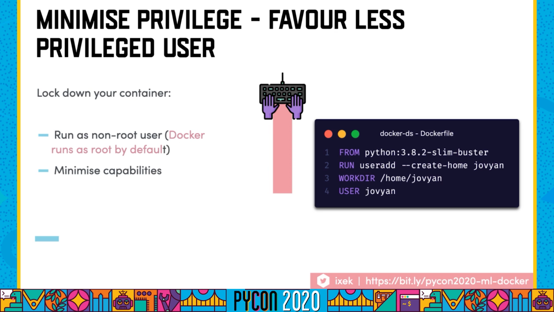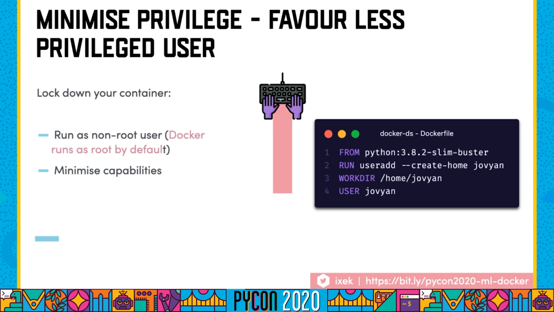First, run as non-root user. By default, Docker runs as root, and this is because you normally need to update libraries within your kernel. So whenever you need to do any installs, you're able to do apt-get because you are a root user. Also, make sure to minimize the capabilities of your user. For example, on your Docker file,